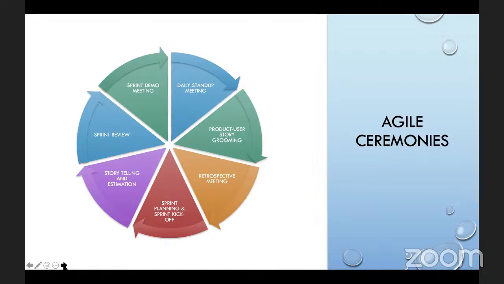So developers and QAs, they all give their points, and the aggregate of that is what we will assign to that story. So every story will be assigned a point, a story point. Every feature set will be assigned a story point. So by the end of the day, we have all the features, all the things that we want to build as stories. They will all have points assigned to them. So you will see that some of the stories will be 2, some of them will be 5, some of them will be 3, some of them will be 2. So you will see all these type of things.